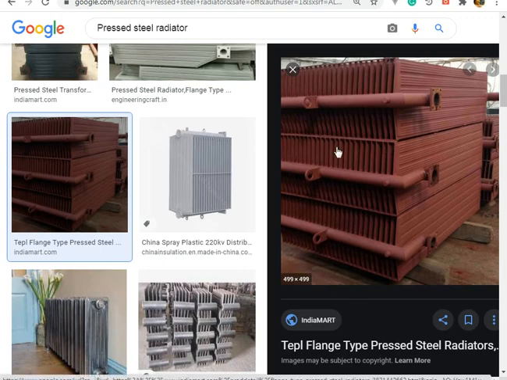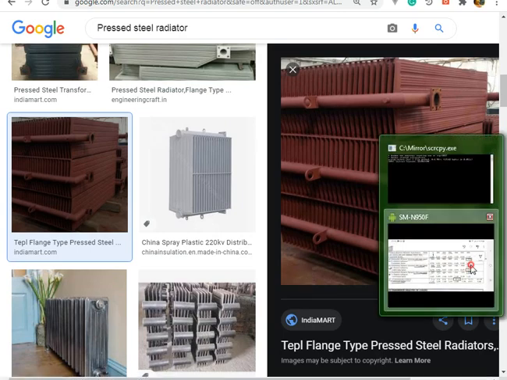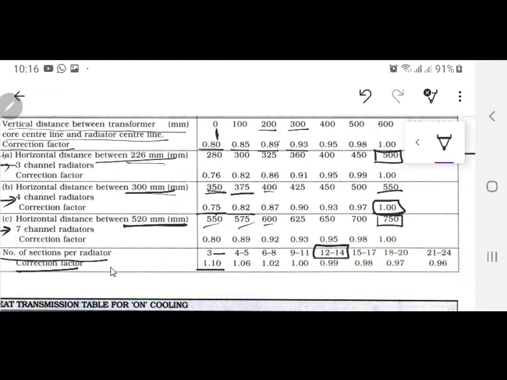ये पूरी इंडस्ट्री है, जस्ट टू टेल यू, एक पूरी इंडस्ट्री है पाकिस्तान के अंदर एग्जिस्ट जो सिर्फ प्रेस स्टील रेडिएटर बनाती है, जो जनरेटर्स के साथ, ट्रांसफॉर्मर्स के साथ दे एक्चुअली मेक दिस वन. ये अलग एक इंडस्ट्री है पूरी, क्योंकि ये इंडस्ट्री इस तरह से भी काम करती है बिकॉज इट्स एक्चुअली जस्ट वर्क ऑफ द आयरन ओवर देयर. शीट्स लेनी है आपने, उनको प्रेस करना है, सील करना है, कंडक्टिविटी बढ़ानी है, एंड दैट्स आई कैन सेल इट आउट. So this is the 3 correction factors over here, number of sections per radiator, correction factor added over there.